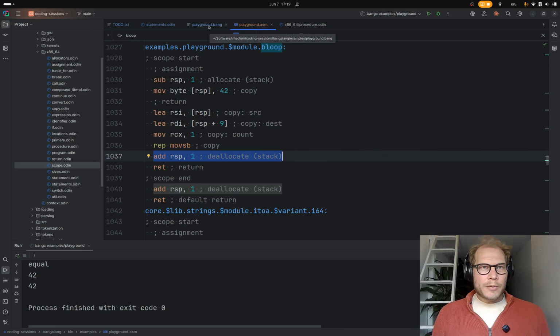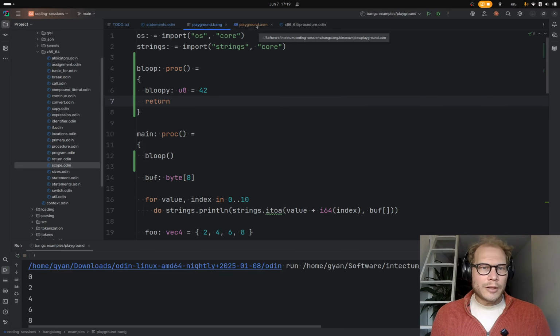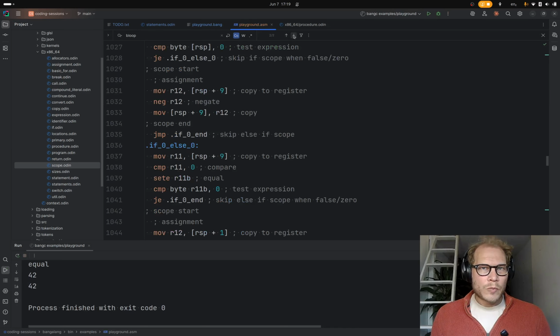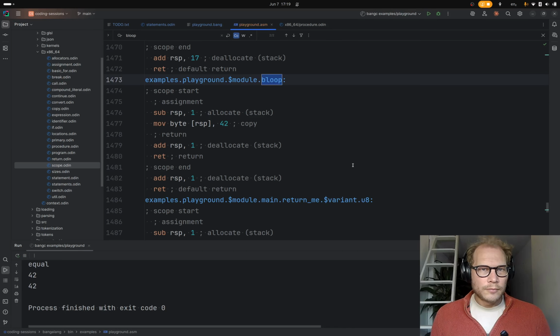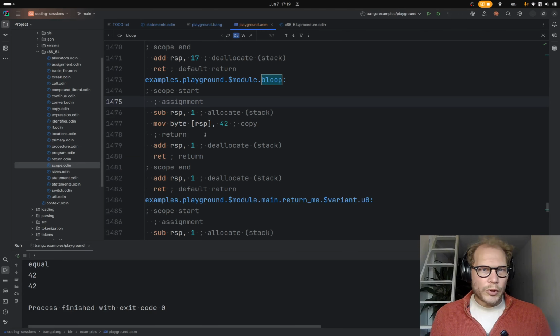So I guess in the case where we don't have a return value, if we go back here and take off the return value, what does that look like? Okay, again, it's pretty pointless.